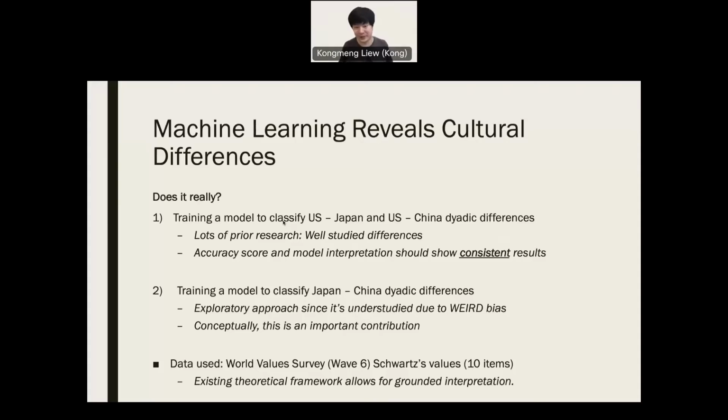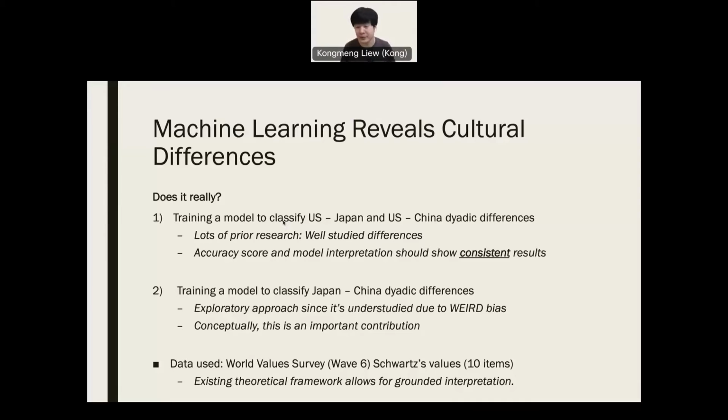And so, examples, right? I looked at the World Values Survey data. I didn't look at the entire data set. I just focused on the 10 Schwartz values within it. I wanted to see if, based on these 10 values, because there's a lot of theory associated with these 10 values, we can then have some kind of interpretable framework that we can use to understand the results, right? So based on these 10 values, and based on around 2,000 people per culture,